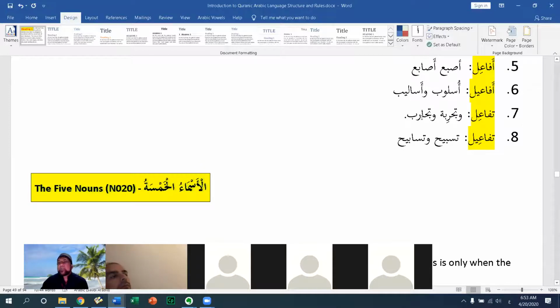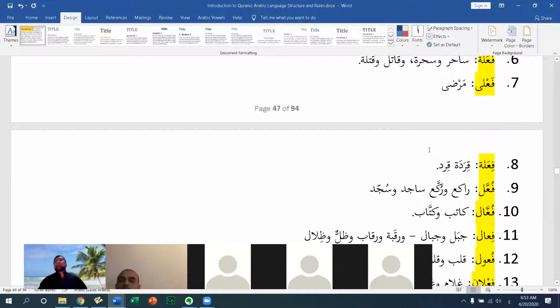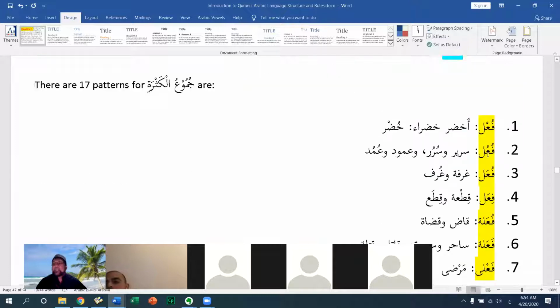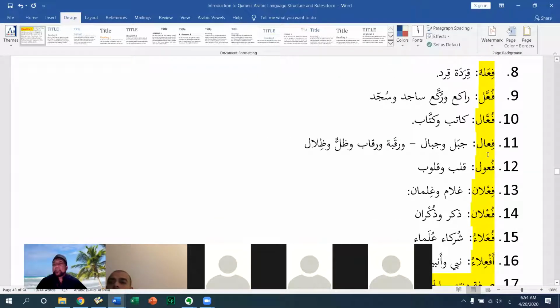تجربة تجارب. تسبيح تسابيح. Now, how do you know which pattern to use for a word to make it plural? There are certain rules that you would follow, but generally you would learn it word by word. You learn words and you learn their plural. For example, if you say rajulun, you would learn that the plural is on the pattern of rijalun. Rijalun, fi'alun. Rajulun wa rijalun. Qalamun, aqlamun.